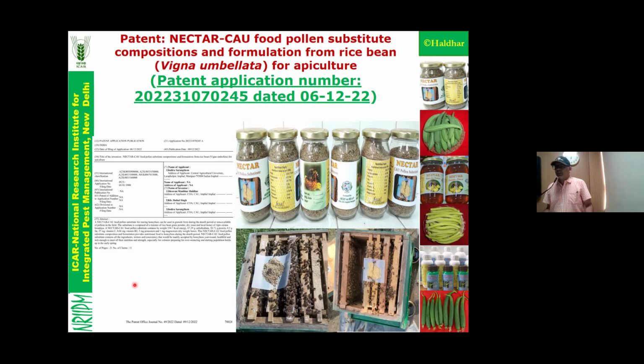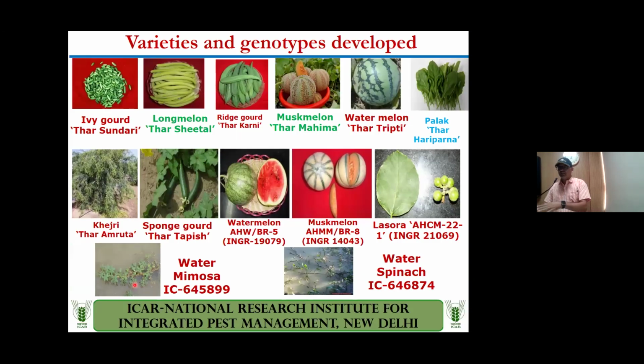So sir, during my time at Central Agriculture University, I applied for one patent on a pollen substitute, because during honey bee rearing we required an artificial diet. In Manipur one plant, the black rice bean, is available, and we add some honey and other ingredients to make this formulation. It is also running, and we have given it to farmers too. At present we have not received the patent, but maybe it will come as early as possible.